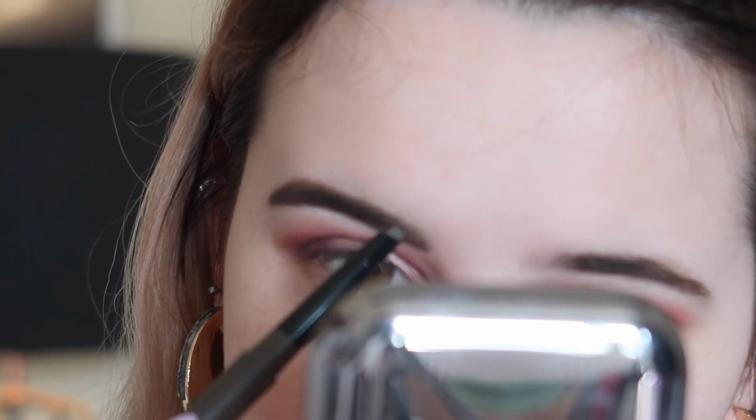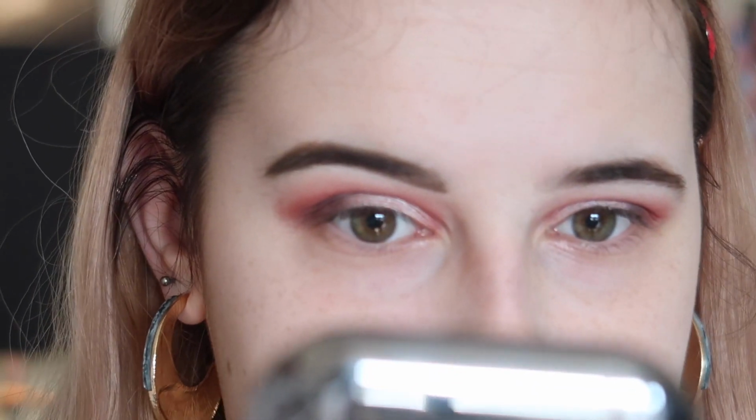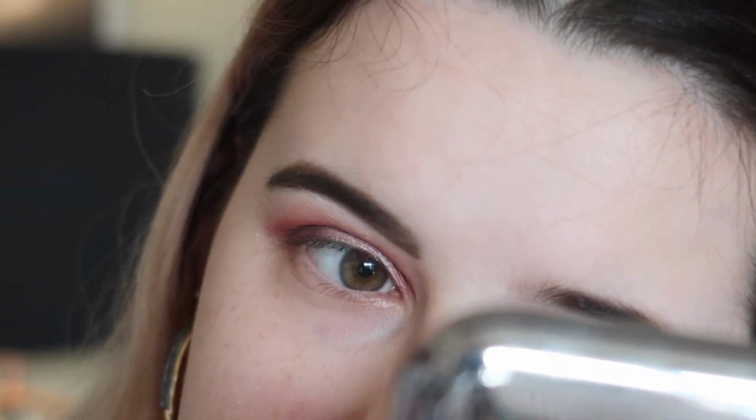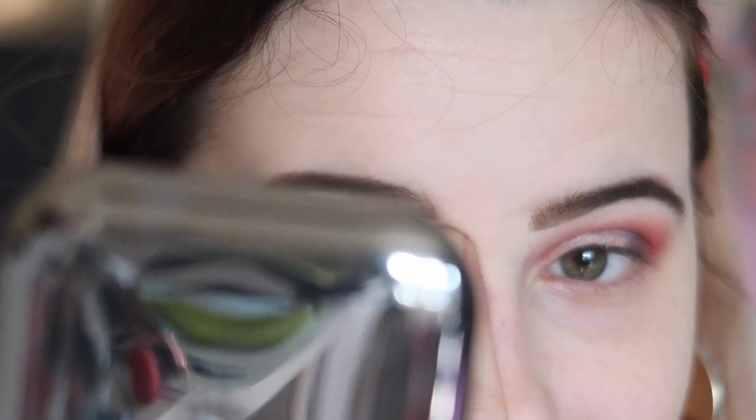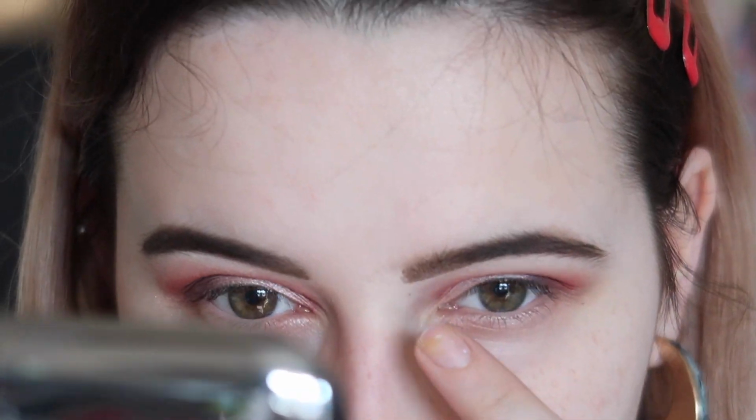I don't like how this is turning out. I'm supposed to be taking makeup pictures after this, and that is the dodgiest brow I've ever done in my life. Okay, I'm not a fan of this. I mean, it is pigmented, but I was not a fan of that brow pencil at all. I mean, it worked and it was pigmented, but...